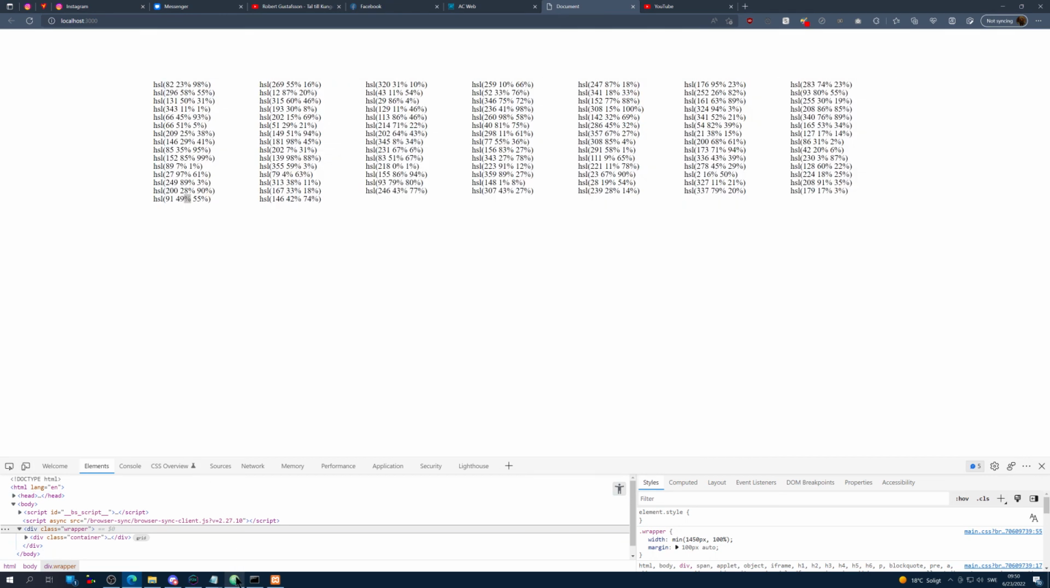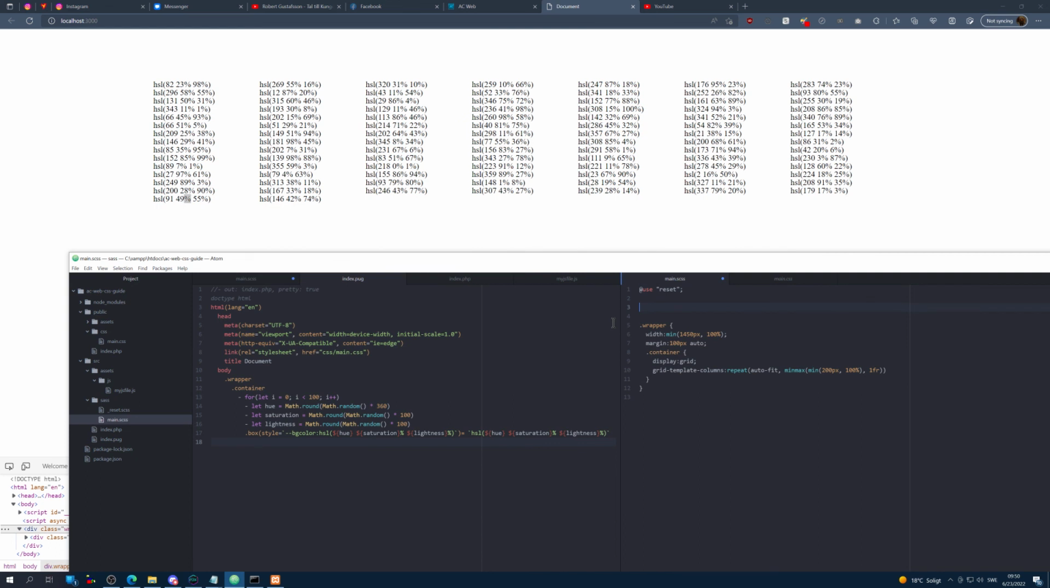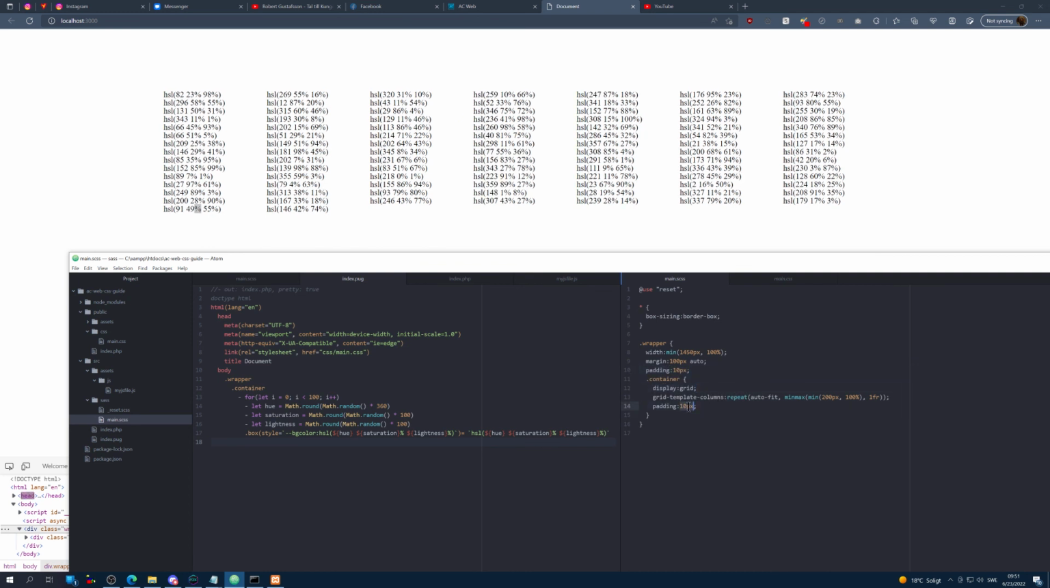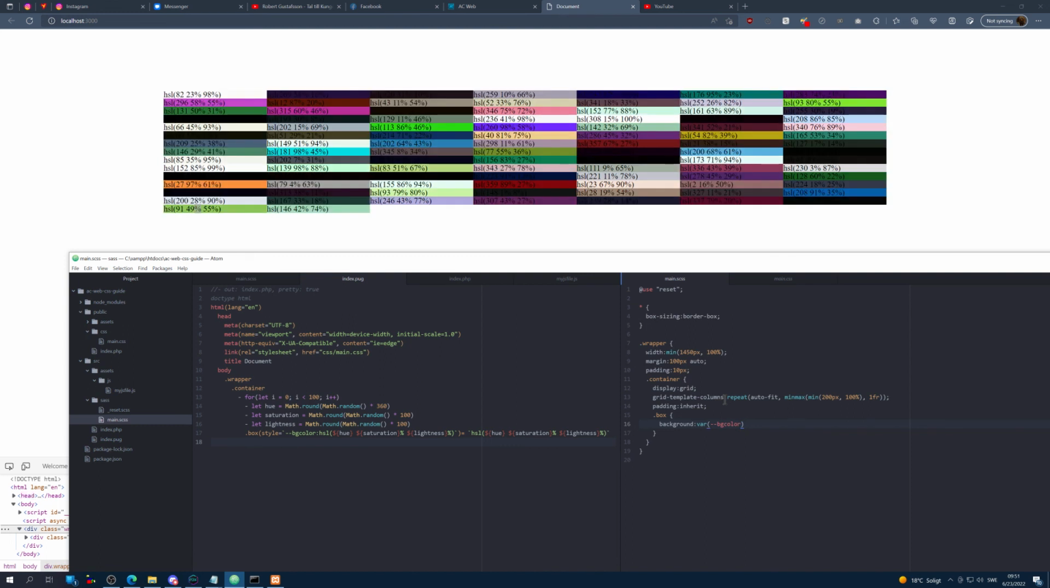The next thing that we are going to do is that we need to add in this box sizing border box, and we can do padding 10 pixel, and then here we also add in padding 10 pixel, or we can actually use inherit. So then here we can also do dot box background, and we can do var bg color. So now we can see this background color, and we can add in padding 10 pixel,